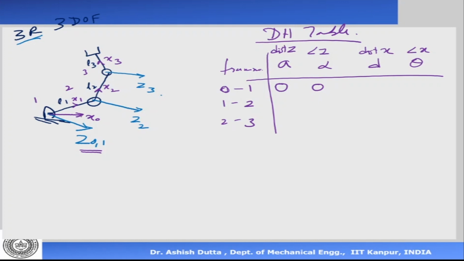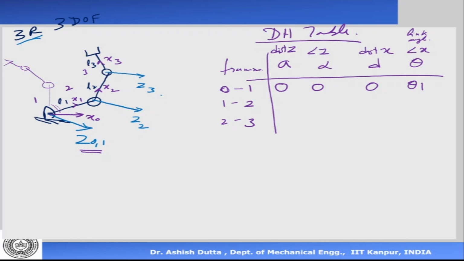Now the two x-axis, x0 and x1, are meeting at the origin. So there is no distance here. It is 0. Now, what is the angle between the x-axis? That is theta 1. So if this manipulator were to move, it can move this side like this, like this, like this. What has changed? This angle has changed. Okay. So the angle between the x-axis is the one that changes. And hence it is called the link angle. So this is called the link angle. And this is the one that changes.